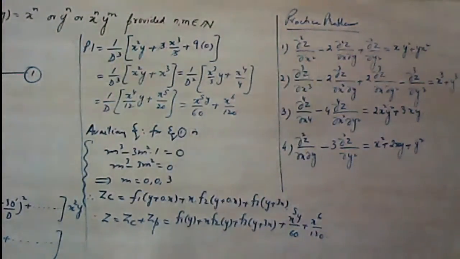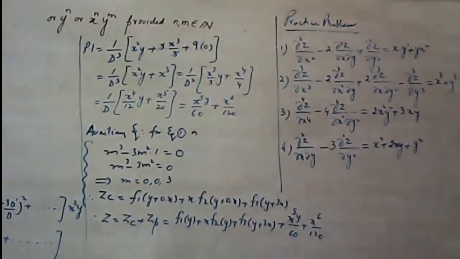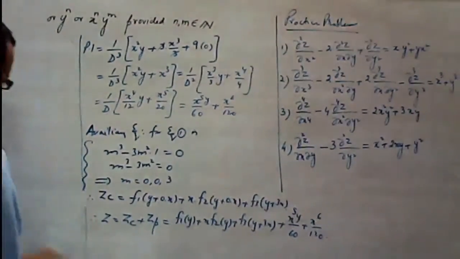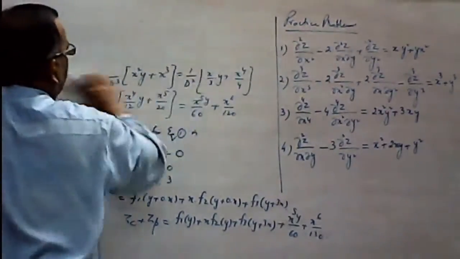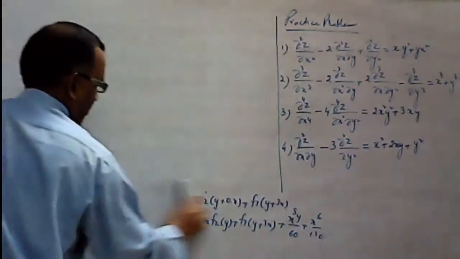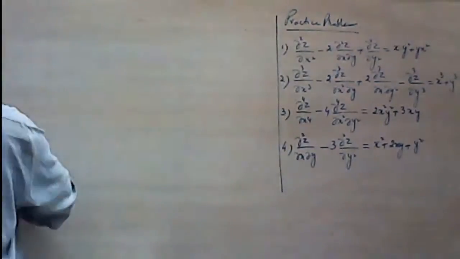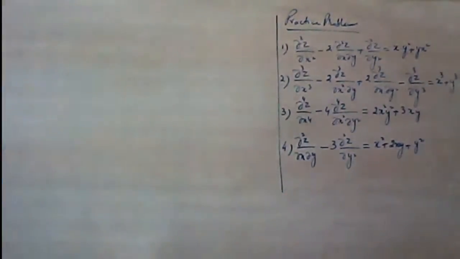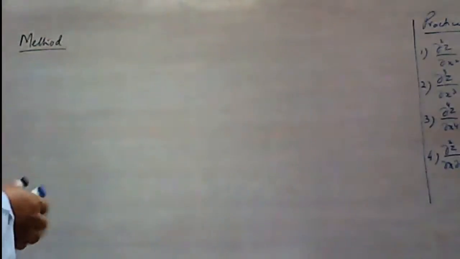Bismillahirrahmanirrahim. We are starting our new session, and if you remember, we discussed method 3 in the previous session. So now we are starting with method number 4 of homogeneous higher order PDE. Starting with what kind of terms in this method we will discuss. So this is method number 4.